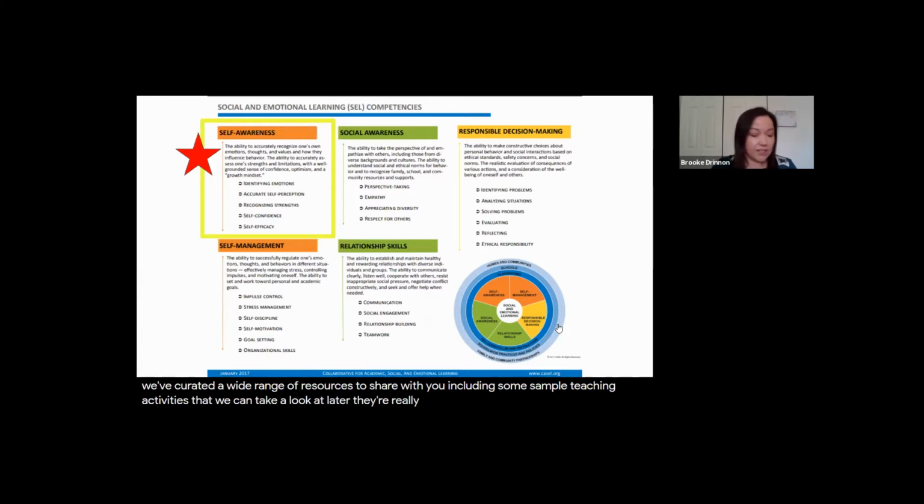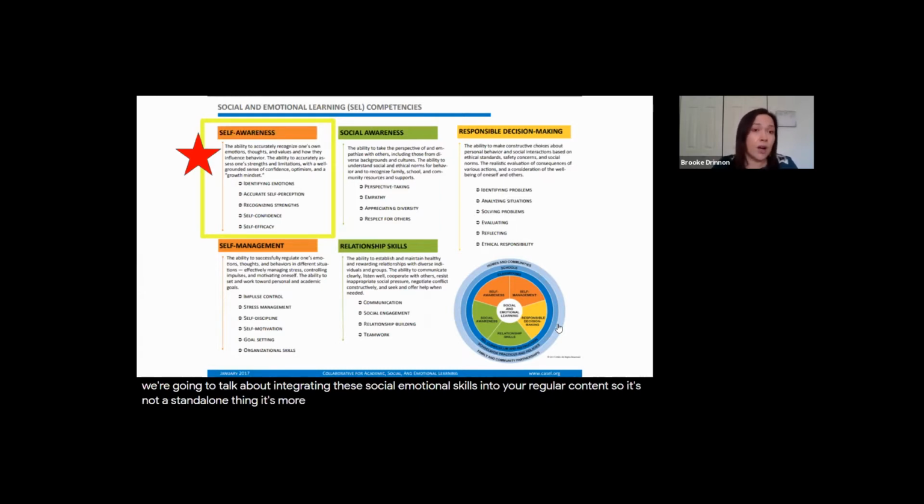There are really 2 ways that you can teach these core competencies. One of them is through a standalone lesson, so freestanding instructional activities that focus on these social emotional skills. And I think that that is great to do, but also we're going to talk about integrating these social emotional skills into your regular content. So it's not a standalone thing.